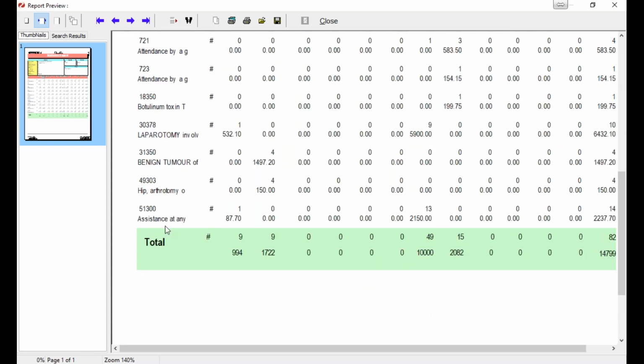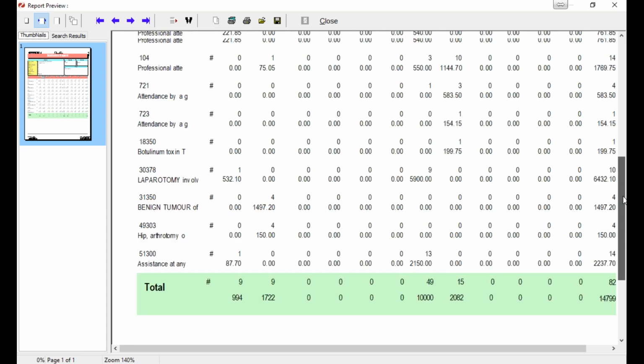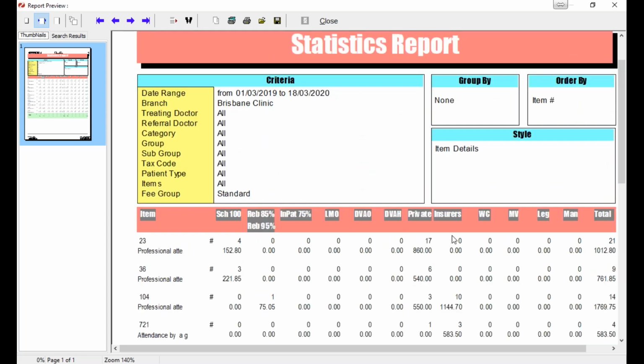You can see further down here, for instance, for this 51300, it was invoiced 13 times at the private rate. So it's a report where you can look through them here. You can see the 104 here was invoiced 3 times at the private rate, but 10 times at one